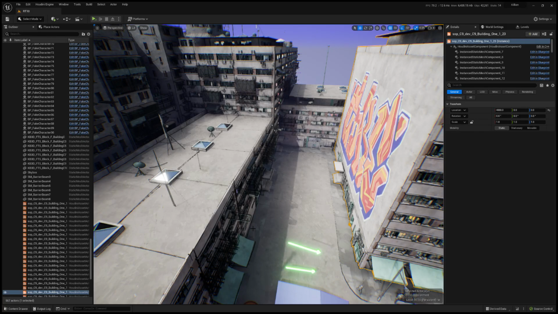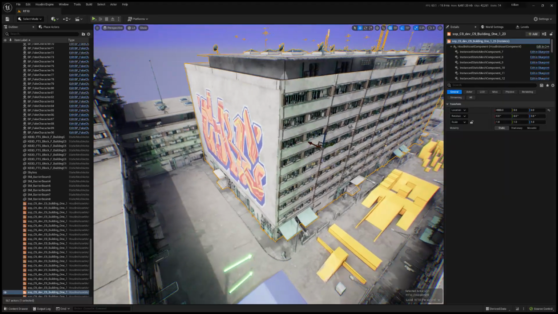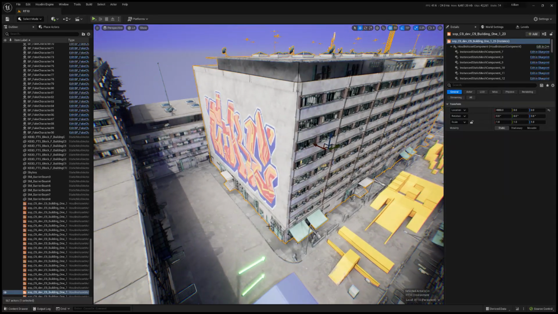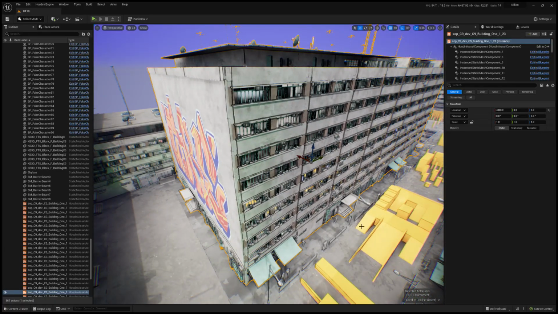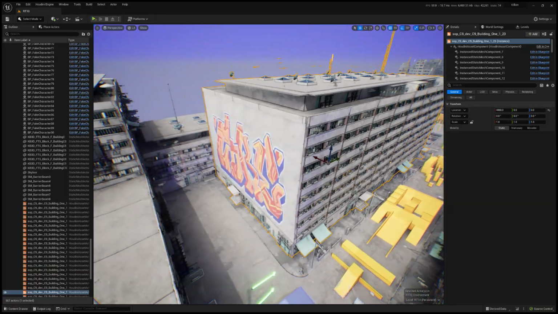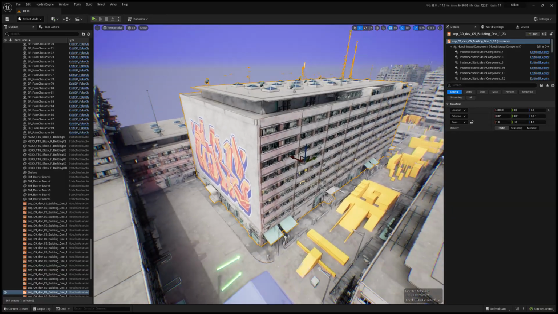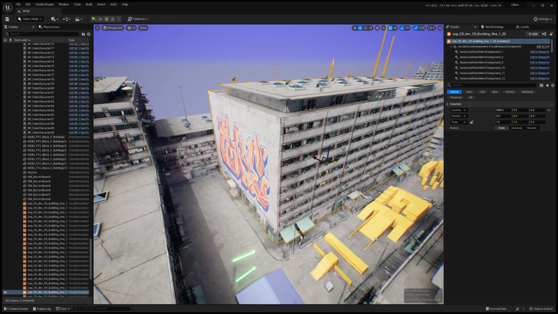Hey, I'm gonna give a quick update on the building tool in Houdini Engine in Unreal. So I've reached a point where I'm quite satisfied for now. Of course, there's a lot of work still to be done, but it's at a good point. I'm just gonna go through it to show